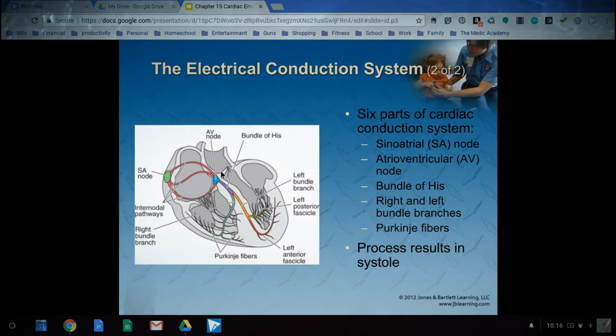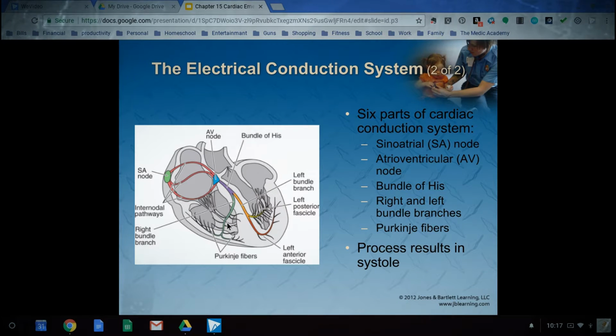And the main job of this AV node, however, is to slow impulses coming from the SA node before it reaches the ventricles, because we want these ventricles to have a slower rate of contraction than the atria, due to the fact that it takes these ventricles longer to fill with blood than it does the atria, simply because they are larger. So following the AV node, we come down to the bundle of His, where it branches into the